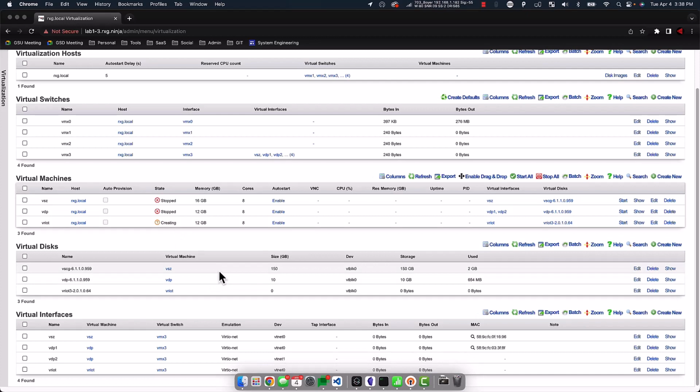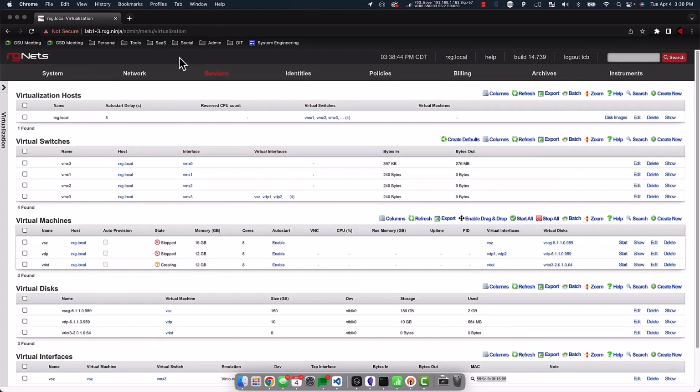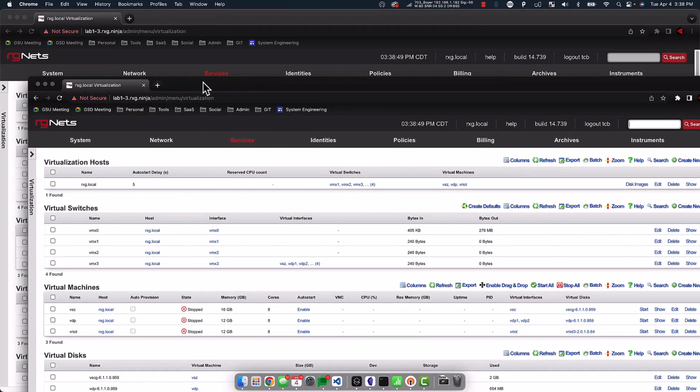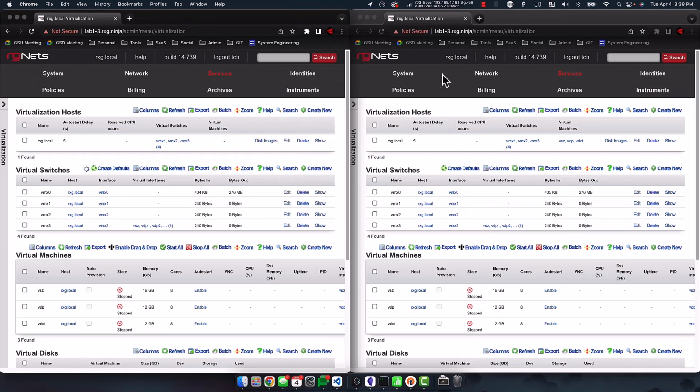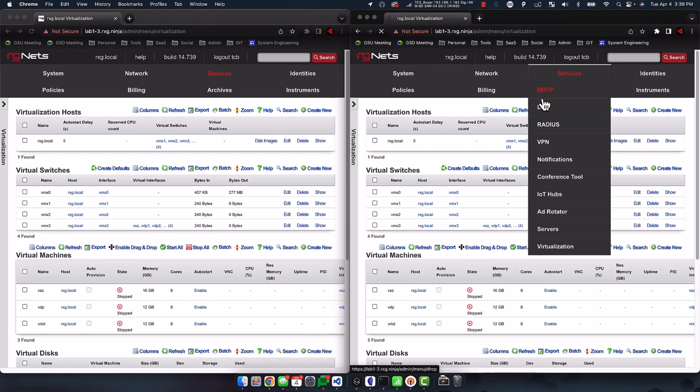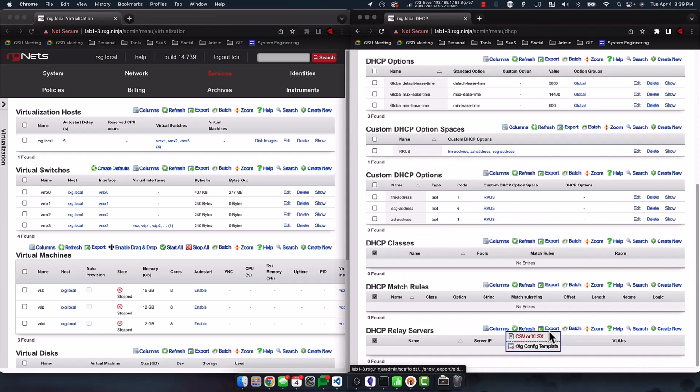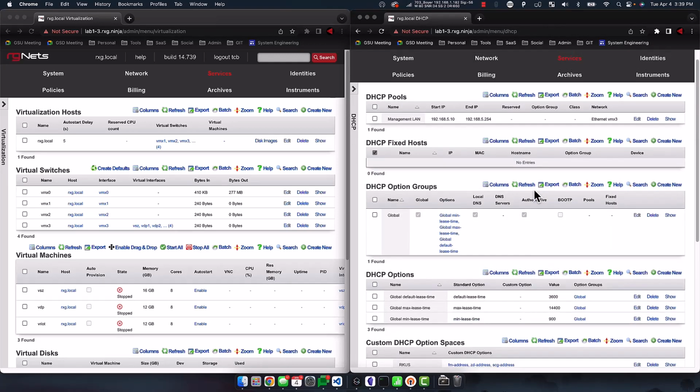And in the meantime, what I'm going to start doing is we have the MAC addresses for the systems. And so I'm going to create DHCP reservations for these systems so that I can just use the DHCP option to provision them. So we're going to do copy on the MAC address, and then I'm going to duplicate this tab. And I usually find it easier just to kind of split the screen and have two different instances going here. And so on this right side, we'll go to Services and DHCP. And under Fixed Host,